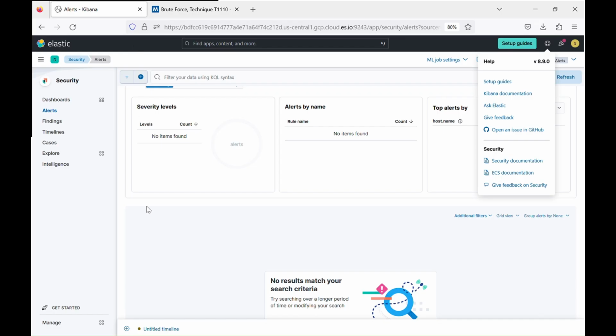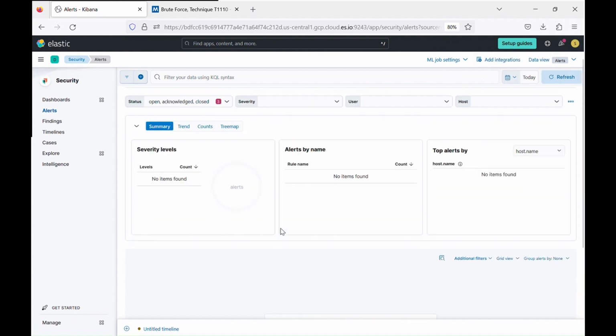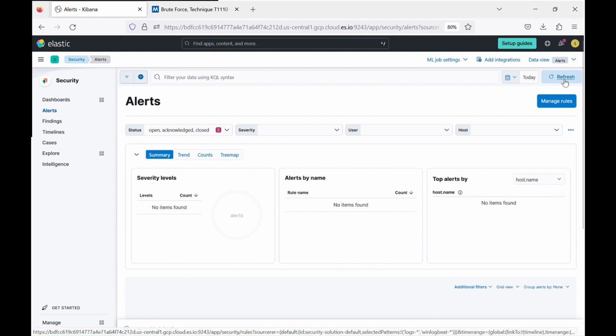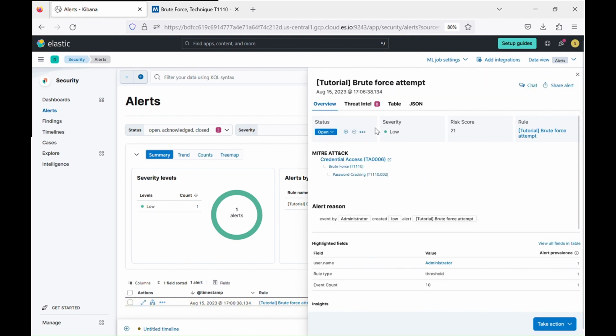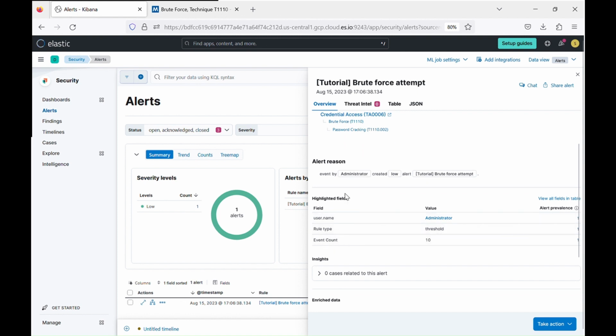So here we go again. For now, as you can see, we don't have any detection here, right? So let's refresh, and here we go. We have our alert. If we open it, we have the name of our rule, and this is the status. It's open, with the details that we gave about the risk score and the severity, and the MITRE ATT&CK framework link here too. And here we have the details